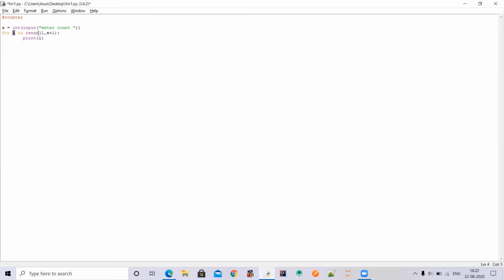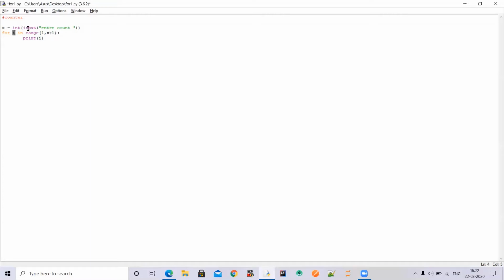So guys, as we have already told you about the use of the range function, it goes from 1 to the end of the length which is given by the user. Basically, we have written here x plus 1.